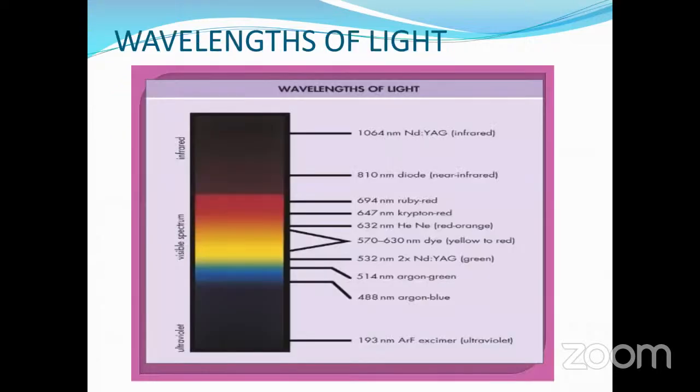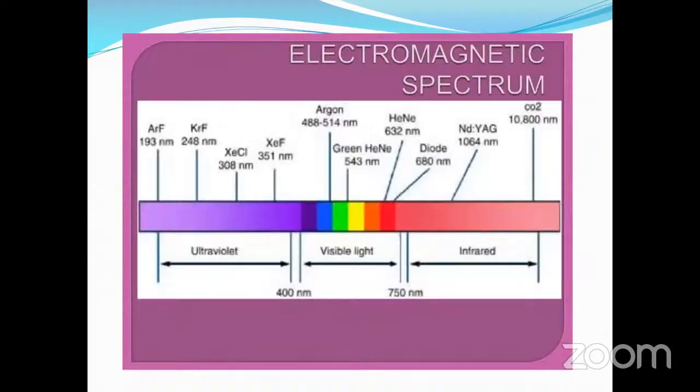These are the different wavelengths of light, and there is also ultraviolet and infrared. And these are the different wavelengths that many of our lasers do give out. So this is, as you know, the electromagnetic spectrum, which goes from the ultraviolet onwards. Now you can see that the 193 and 248, which is the argon fluoride and krypton fluoride, those are basically the wavelengths of the excimer lasers.